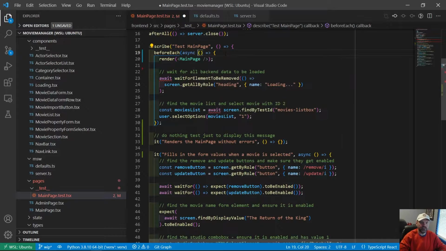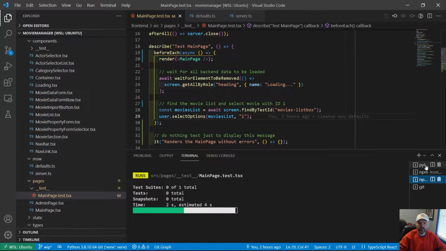Needs to be an async function though. And now we are making sure that before we run any test, we will be done with the loading, and we will have selected the movie ID of 1, which is Lord of the Rings, the only movie in our mock list right now. All right, if we hit save, let's go back to our test and make sure that